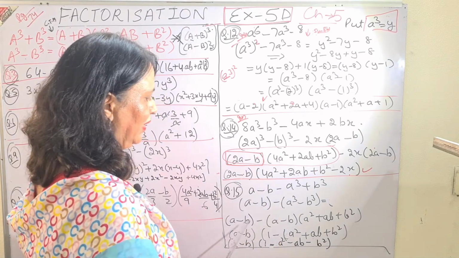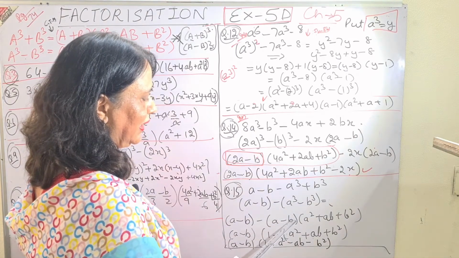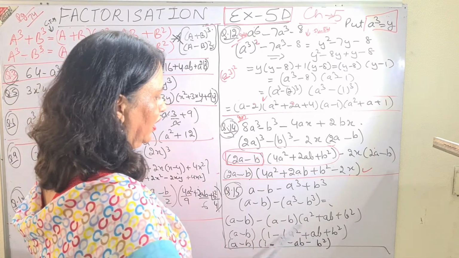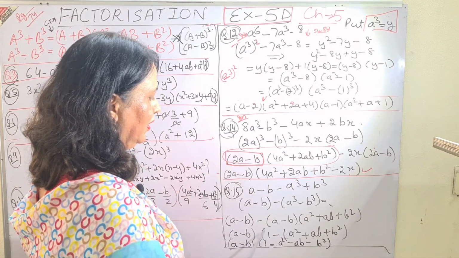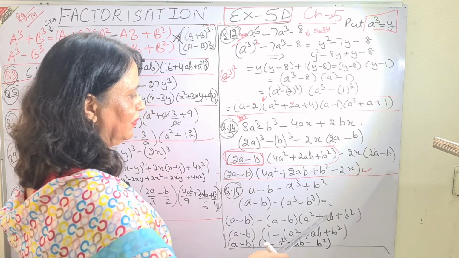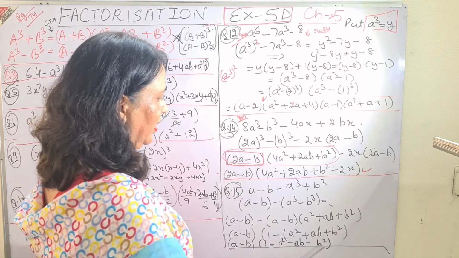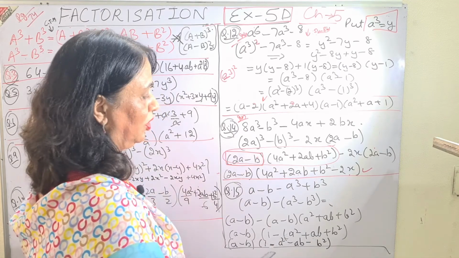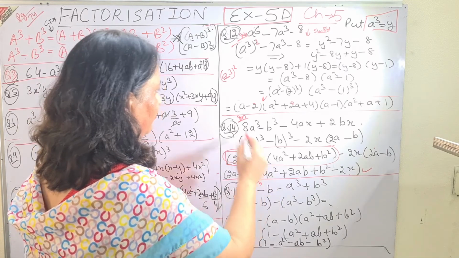Again put the formula: (a − b) will remain like that, and for the second term the formula will be first term minus second term, first term square, product of first and second term, second term square. Now take (a − b) common. When you take (a − b) common, from the first term only 1 is left, 1 minus, from the second term (a² + ab + b²) is left, and this is your required answer. If you want to take out the bracket, then of course the minus sign is outside, so all the signs inside will change. This is also one of the very, very important sums for the exam.